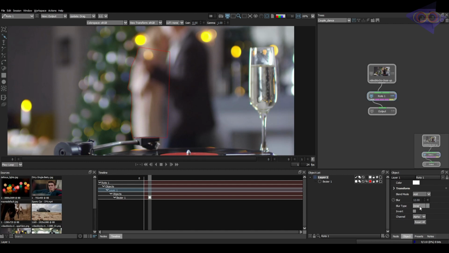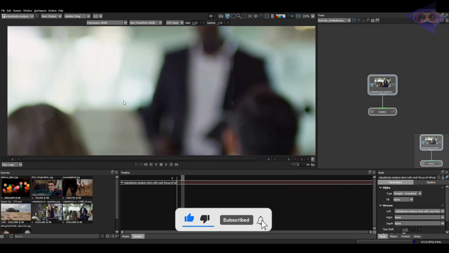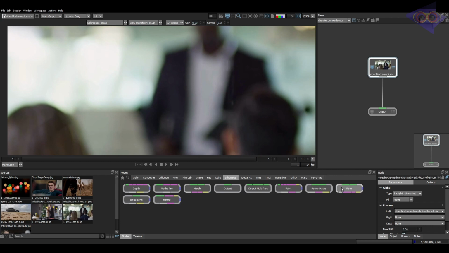In most cases it will be matched with inner blur, and a combination, I would say, of inner blur as well as tweaks in the spline properties. So this is yet another way. Okay, in this shot you can see a different scenario. I'm going to take a roto node here. Let's take a roto node.